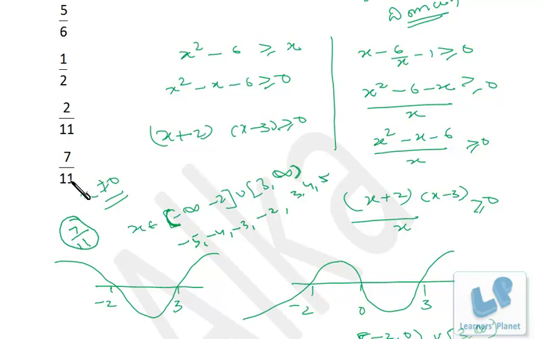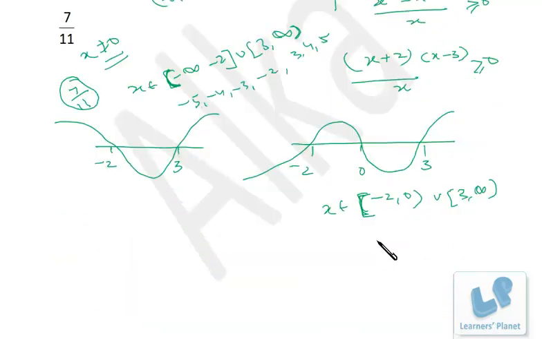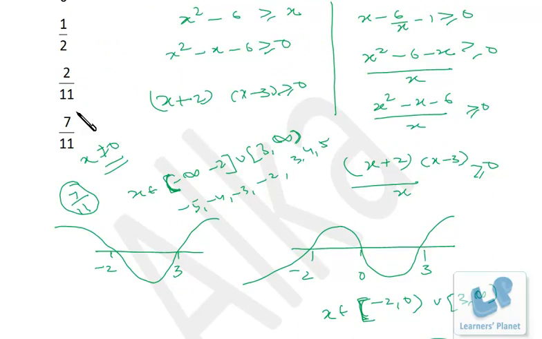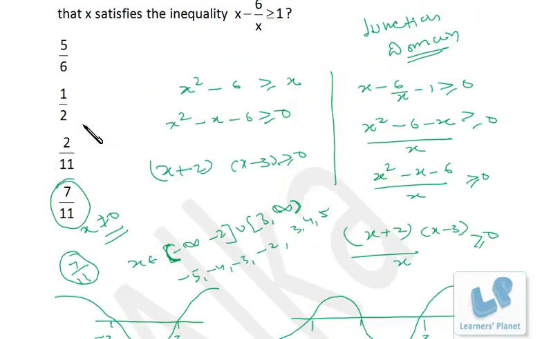That is this. But according to this, the answer will change. Now how will the answer change? I want these integers: minus 2, minus 1, 0 we cannot take, then 3, 4 and 5. So 1, 2, 3, 4, 5 values out of 11. So this is the answer, and here this is the answer. And the problem is that we don't have this answer, 5 by 11, among the options.